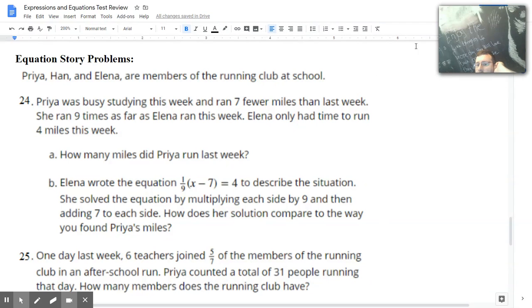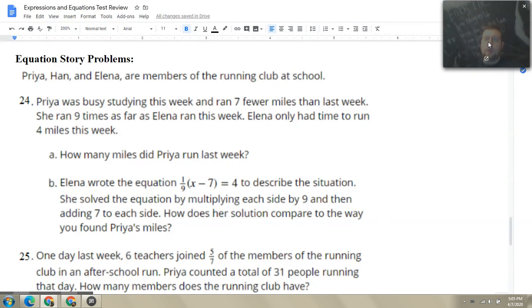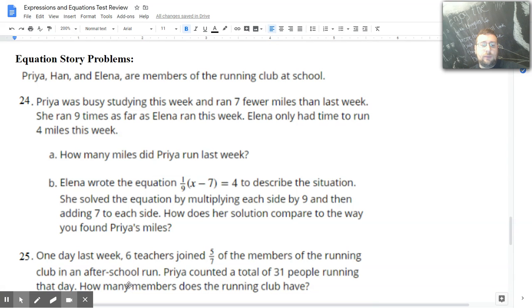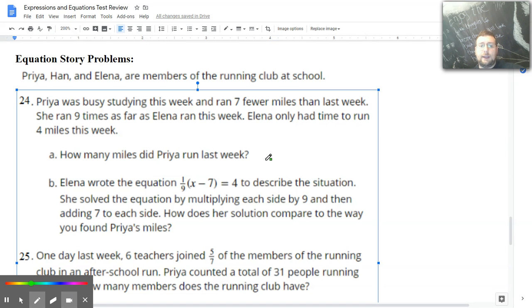Well, this last part of the test, we're going to be trying to do story problems, okay, for the test. And so we're going to see how we can solve that. Remember, I like to do it by creating a diagram that represents the problem and then using that diagram to